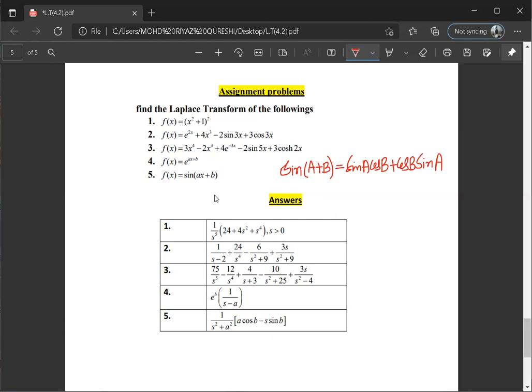But in our cos of a minus b expansion, it's different. Cos of a minus b means cos a cos b plus sin a sin b. Here there is minus, so there it is plus, and if there is plus, then minus. In sine, the same sign: plus with plus, minus with minus. If you try and you are getting it, that builds your confidence. If you are not getting it, no problem. First we'll discuss these questions tomorrow and then we can start our regular class.